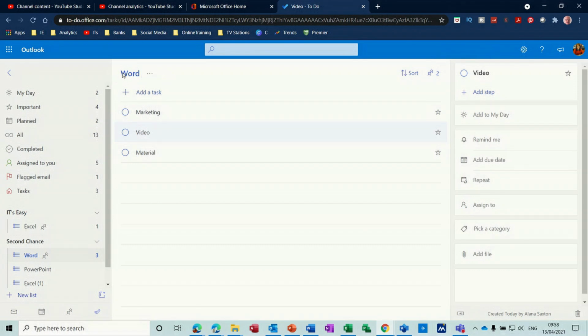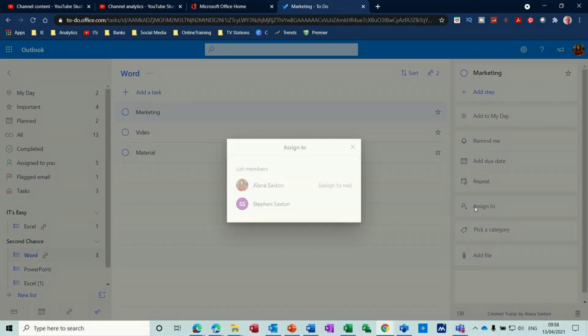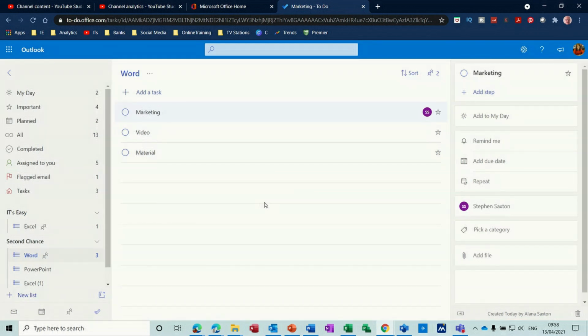Once you've shared a list, you can allocate or assign a particular task within that list to a person. So if I click on video, or marketing is what I wanted to assign, I now get this option down there. So the two people, I can assign that to Steve Saxton, and I can assign this to myself if I want,